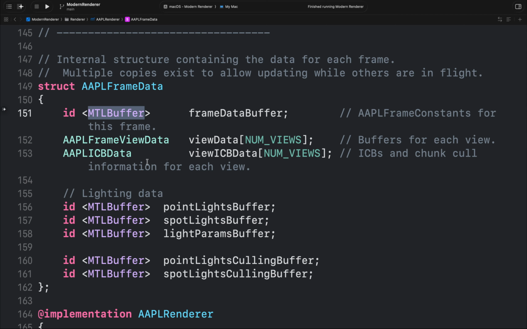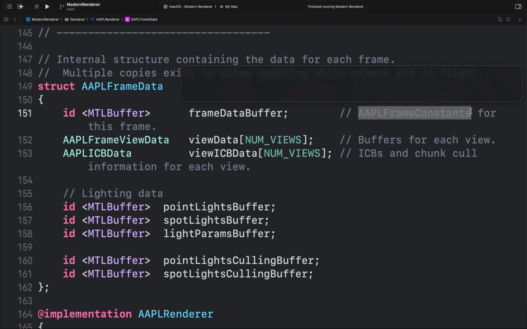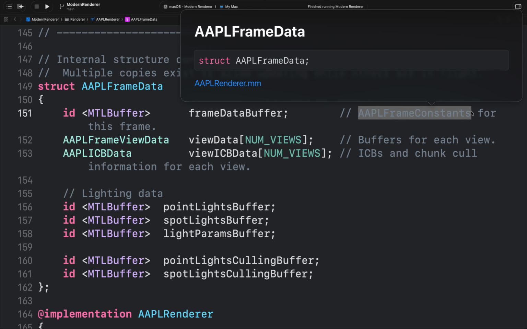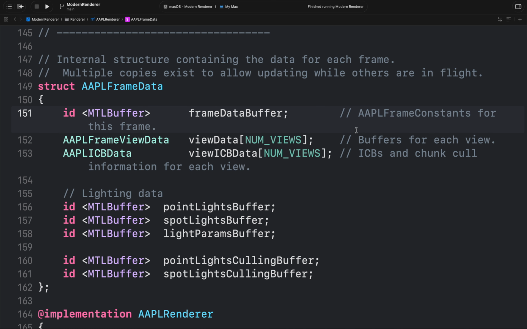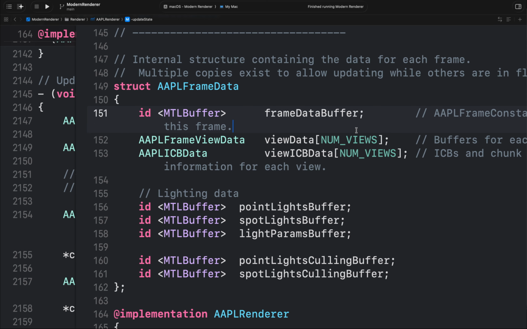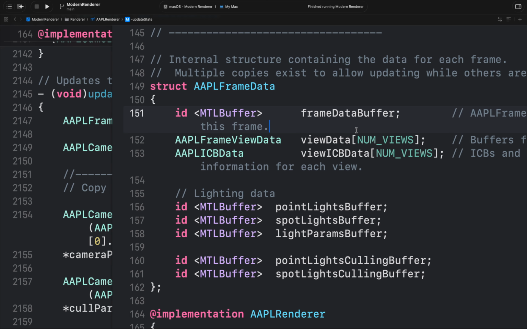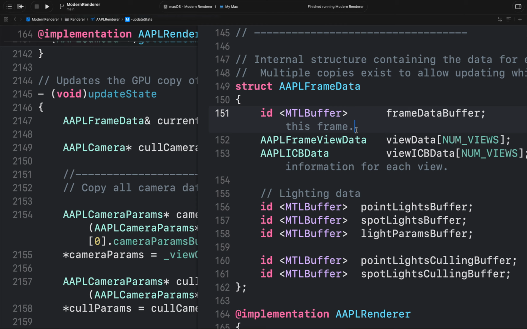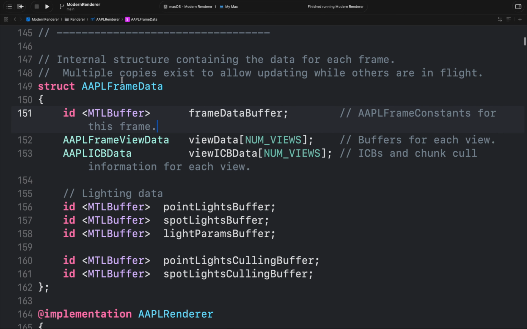I just want to anchor you back to exactly what's going on. This AAPL frame constants, right? It's a very important thing. This AAPL frame constants, and it is in